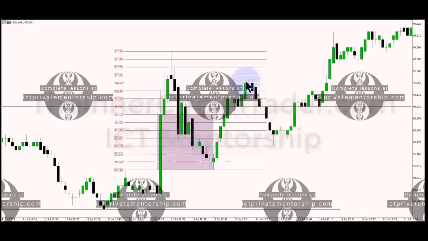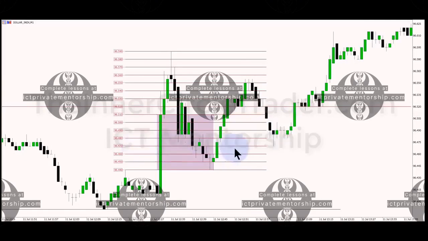Price starts to rally up, trades into the old high. We have a rejection block at 96.55 and 5 pip bets, and the high on this candle here, if I can get it to pop up. I hate when it does this. Well, we're just going to have to go with it being 96.55 and a half on the basis of it's close enough to call it that. And then price trades back down. We have a volume imbalance in here, and then we have the last two down closed candles creating an order block. Price trades down exactly to